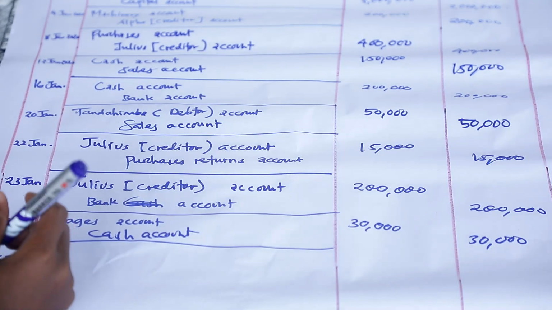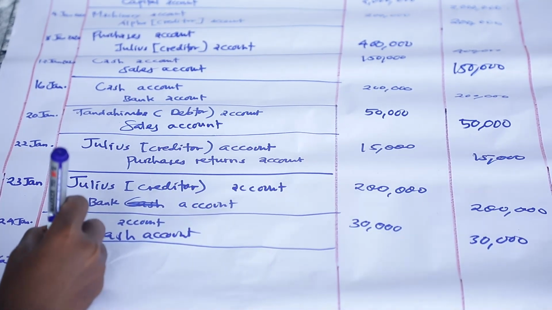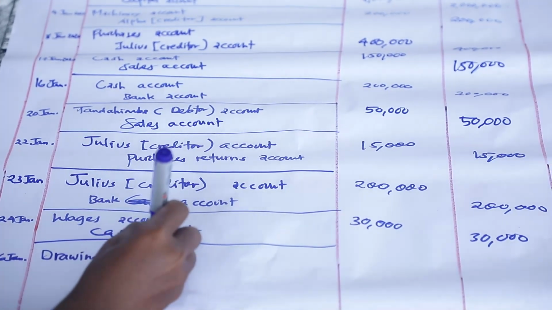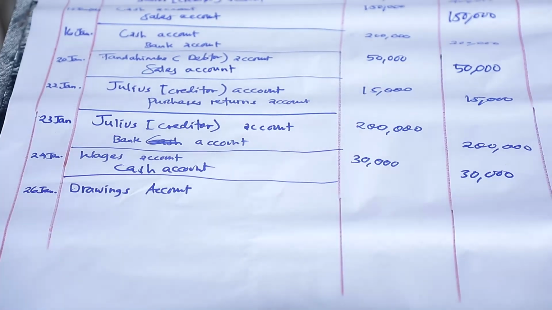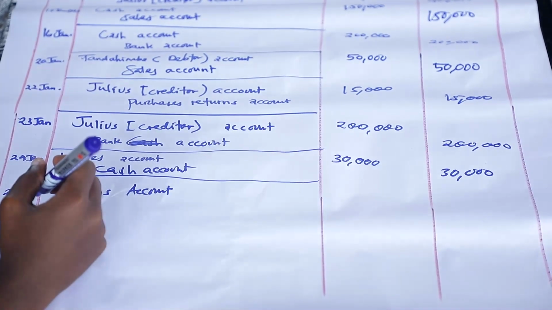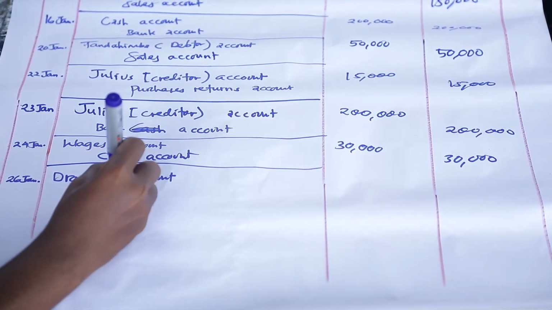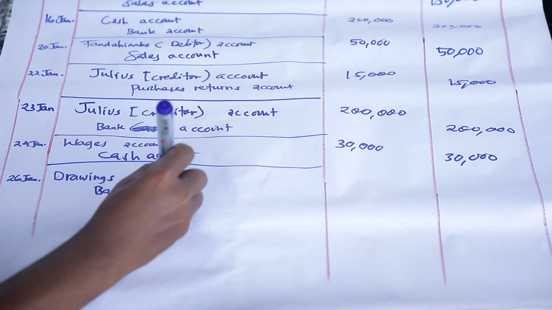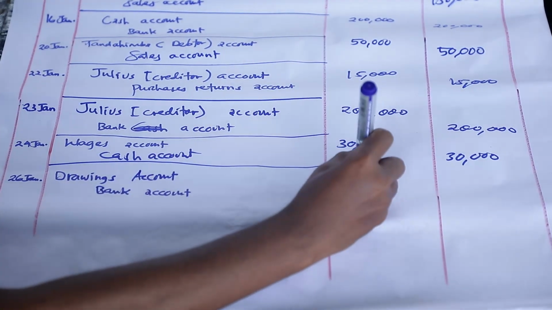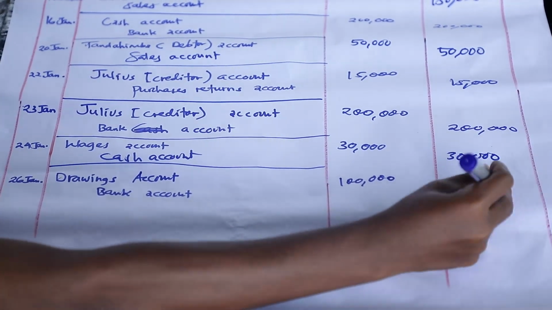So we are going to debit drawings, while the bank account will decrease because we have reduced some amount of money. So we are going to debit the drawings account, maana drawings zimeongezeka, and we should credit the bank account, maana hela zimepungua. So that is the general concept of double entry. We're just going to see the effects of increase or decrease of these accounts according to their nature. So